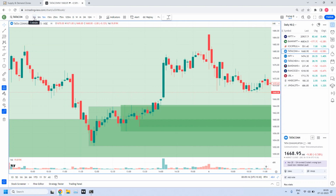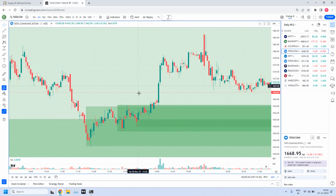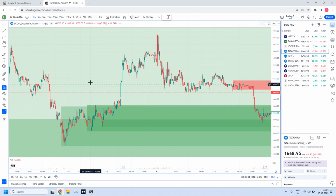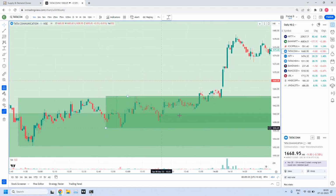So for that, what I did, I went to 1 minute. First I went to 3 minutes. 3 minutes also, I didn't have much clarity here because what I can do is I can identify some moves started from here. So the actual one is a 1 minute area. Now you see, you will observe. Here we identified, this is inside the 15 minutes. So let me delete 15 minutes